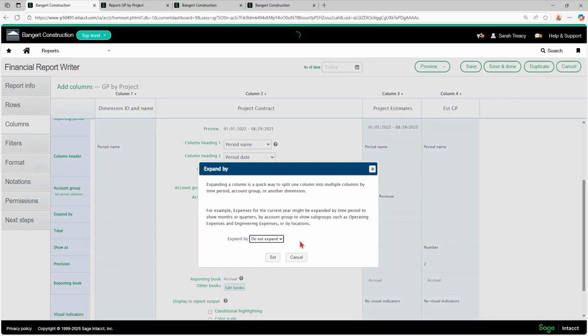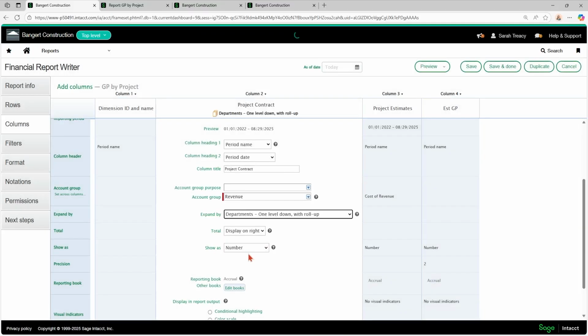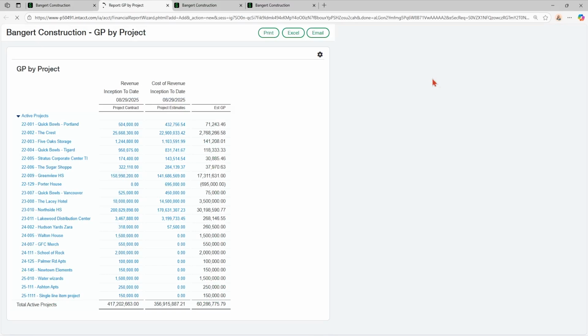So let's say we want to expand by, well, we did see already expanding by time periods, but let's say I wanted to expand by department. So if I hit set on that and then preview it, what does that do to my report?